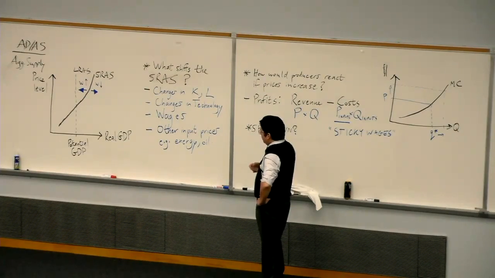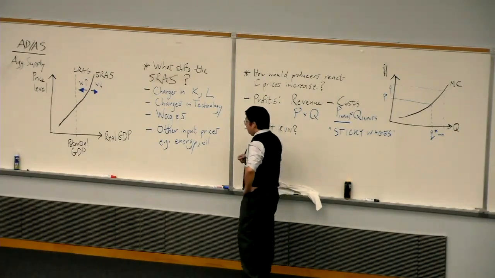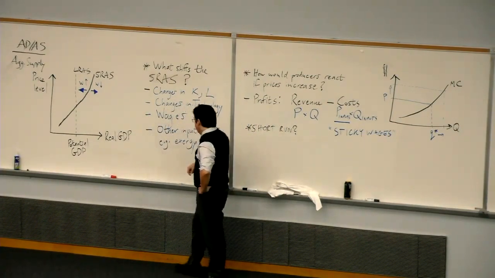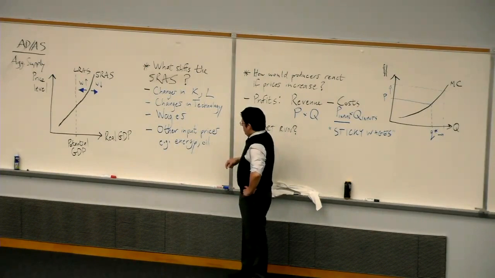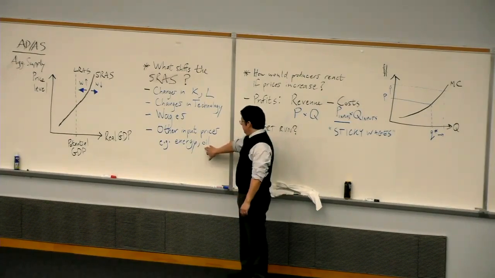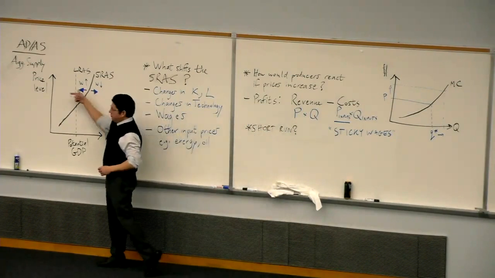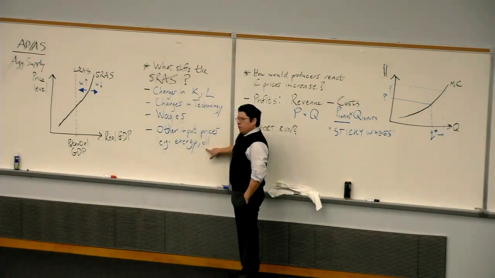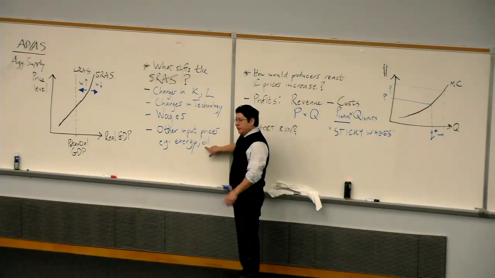I guess what I was thinking of saying, I might as well just go ahead, is suppose that you are some economy, and just imagine you depend heavily on oil from outside. Then the price of oil spikes, and that's going to make your supply curve shift over there. But what if what happened isn't that the price of oil spiked, it's that your currency dramatically lost value? Well, if your currency dramatically lost value, oil is priced in international markets. Suddenly, oil just got very expensive, not for everyone necessarily, but for you,